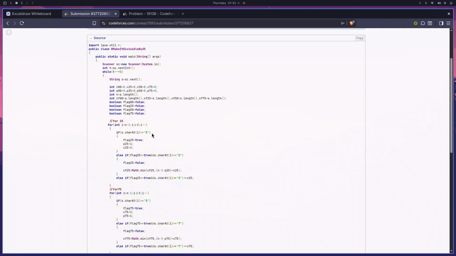The gap is when I have found the number 5, and after finding the number 5, that means the flag has turned true. After the flag has turned true, if the number is not equal to 2, that means I have to increase the gap. This C25 is the gap for the number 25. So I'll start increasing the gap, and if the flag has turned true and the number is 2, that means I have reached the end of the